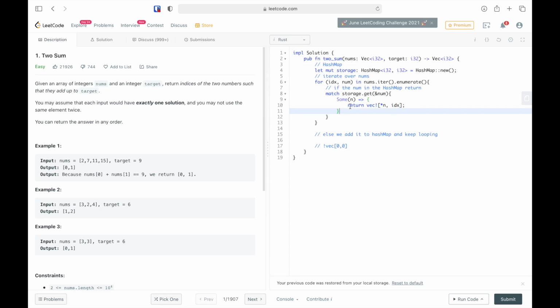And then the other case is, what if there's no match? In that case, you will get None. And for None, we can just go ahead and say, where's our hash map? So storage, and then insert. So now what do we want to insert? Well, what are we looking for? If that number exists, so in that case, we need to store a complement. So to store, we're just going to dereference again, and we're going to say